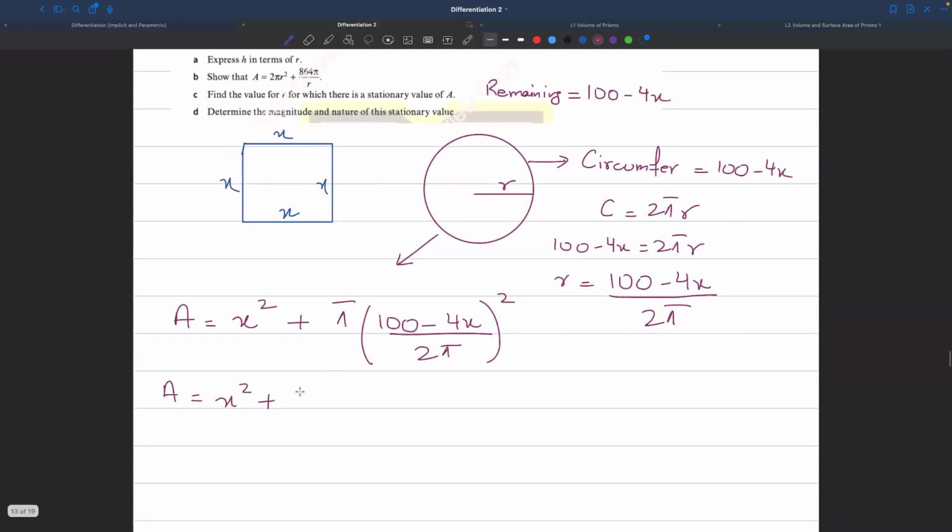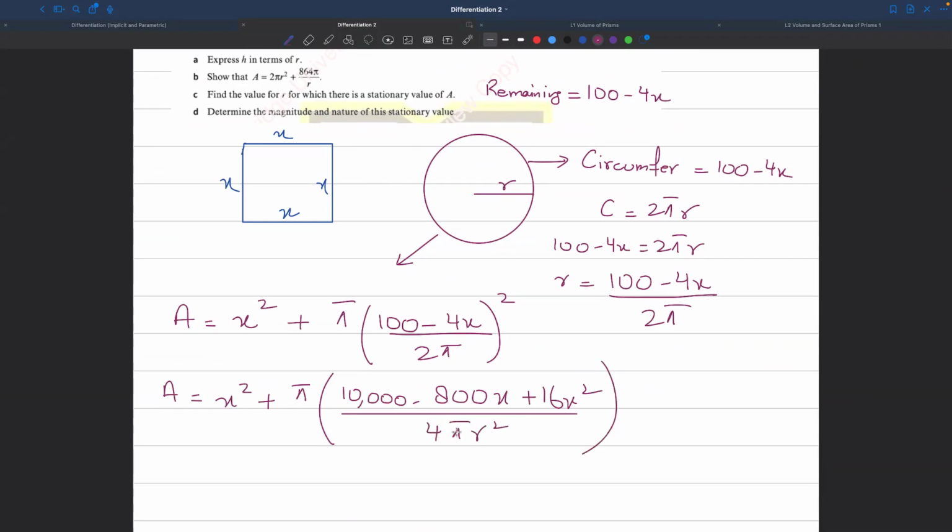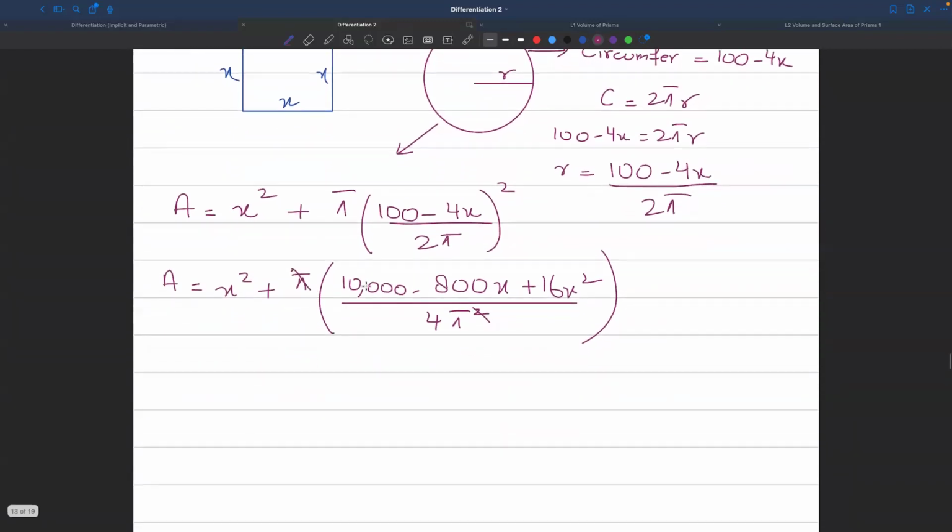So let's expand it. When I expand it, 100 into 100 will be 10,000, minus 800x plus 16x square upon 4 pi square, right? 4 pi square, not r square. So this square and this pi will cancel. Let's divide all of these numbers by 4. So 10,000 divided by 4 is